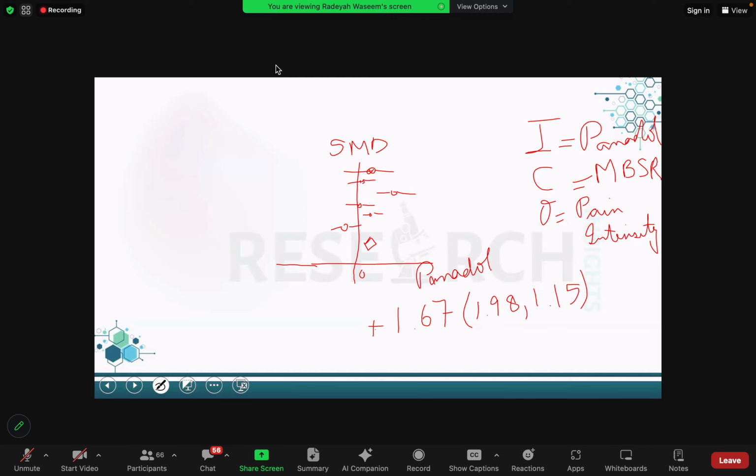Did only these three understand? Did the rest of you understand what just happened? Or did you not understand? Because I just got 3 replies. Do the rest of you understand why the right side is Panadol and why the left side is MBSR? Yes, yes. Okay. So this is MBSR. Okay, Mozam didn't get it.